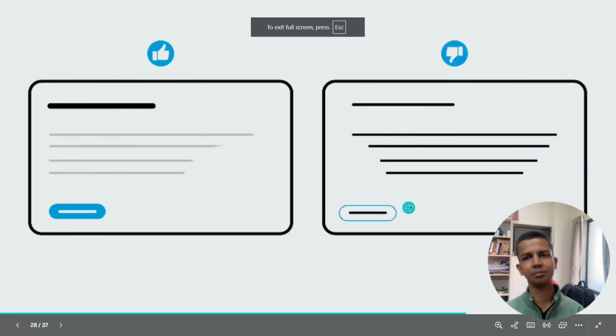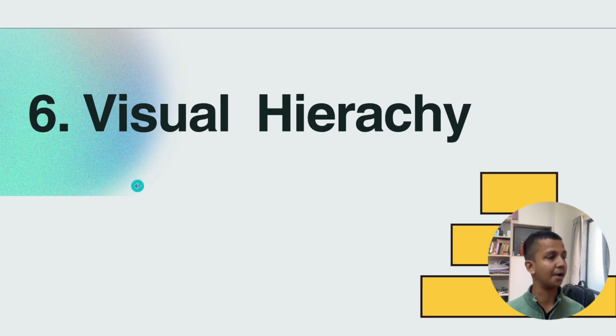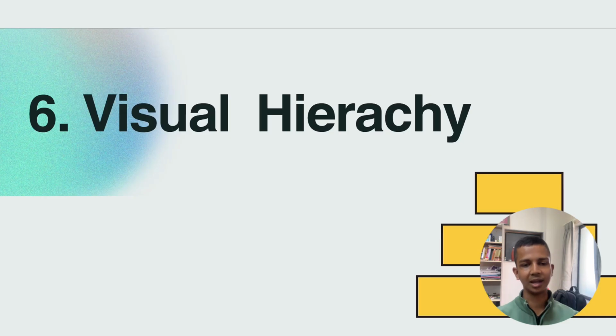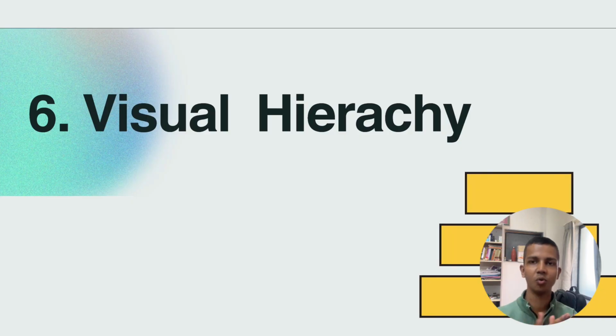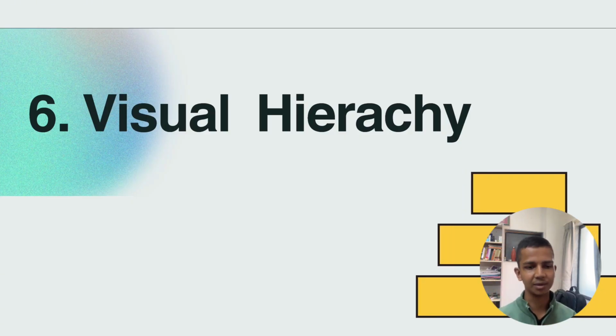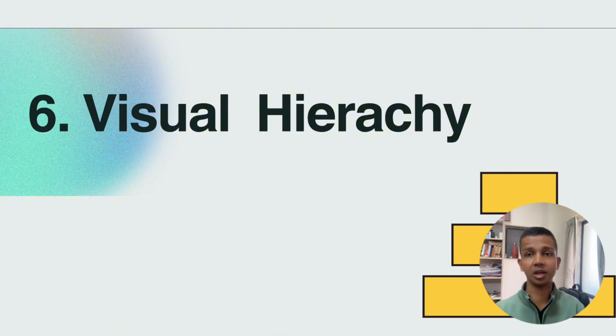And then one more example of alignment. I think it's pretty clear. And then we have visual hierarchy. Visual hierarchy is a design principle that guides the viewer's attention by arranging elements in order of importance, like where I want the viewer's attention first. So this is what hierarchy means. You can achieve this by changing the color and making the font size bigger.